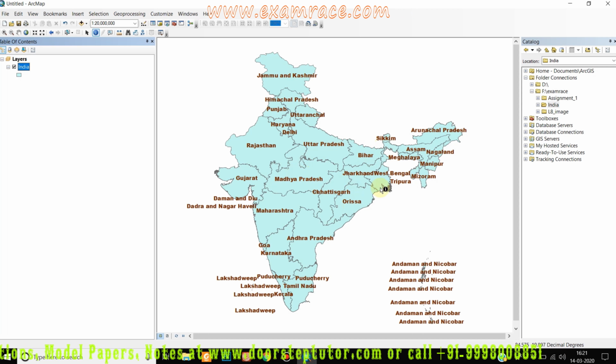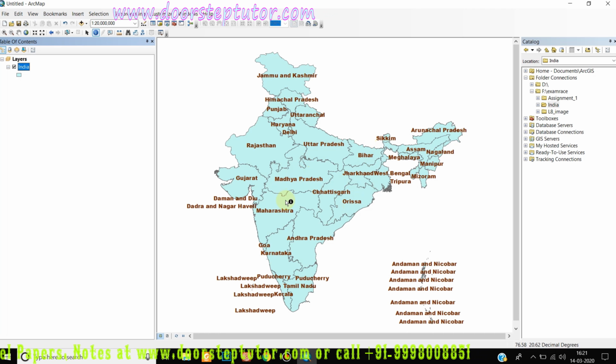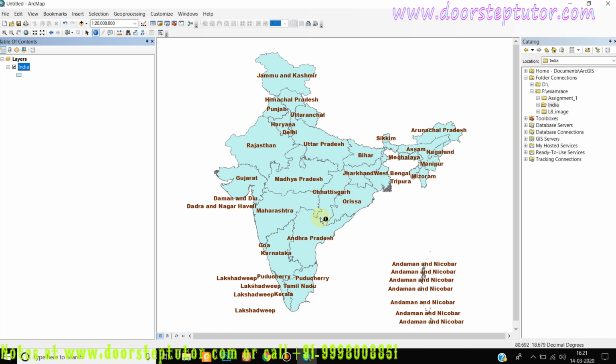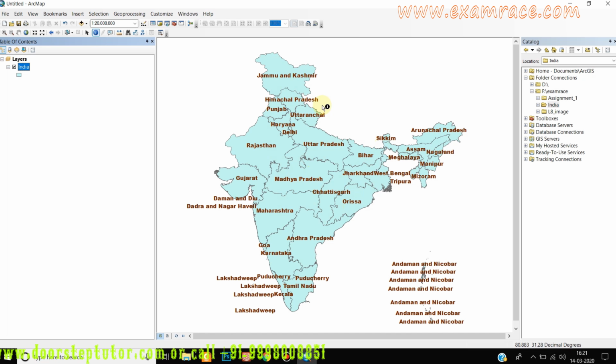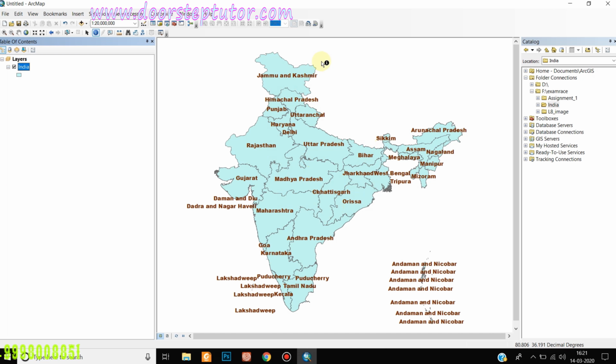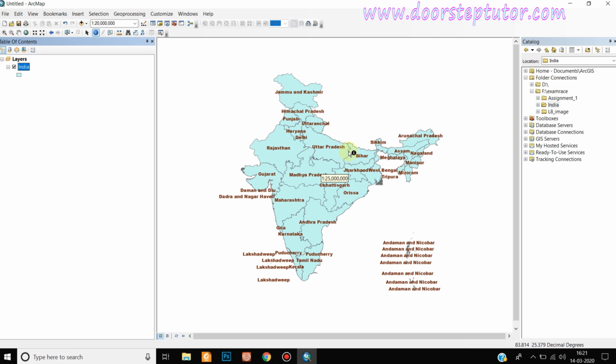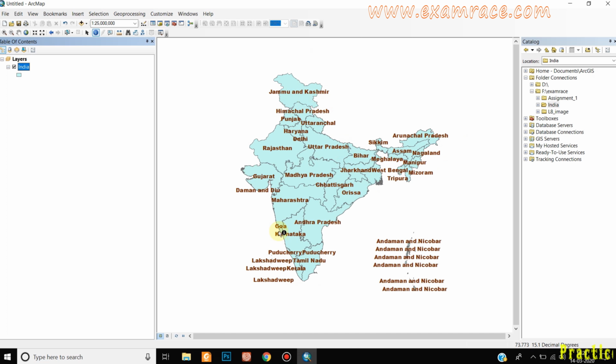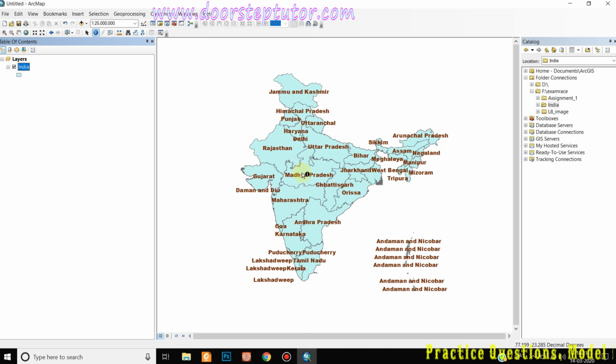This is the map, and now we just want to take a layout of the map, so that it looks like it has the name information within it. So we want a layout of the map. So what should we do? We just go to the